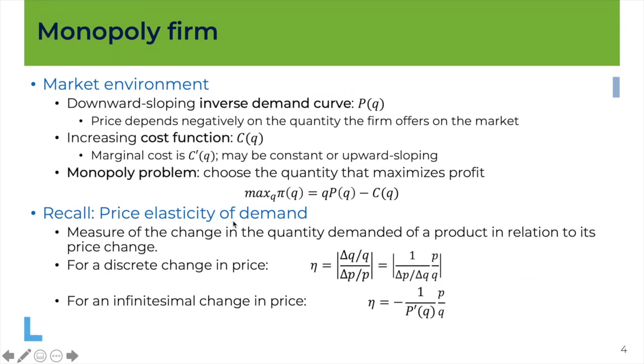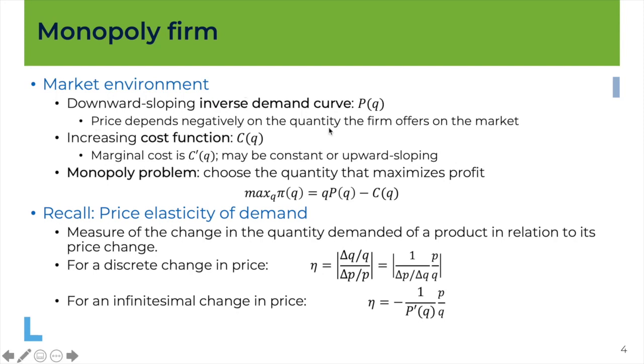Okay, so we have a monopoly firm and we need to define it in a very broad way. First, we define the demand that this firm is facing. We have a downward sloping inverse demand curve, which we call P of Q. Q is the quantity and P of Q is the maximum price that consumers are willing to pay to obtain this quantity. It's of course a negatively sloped function,